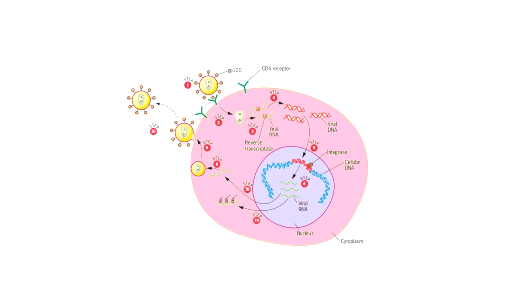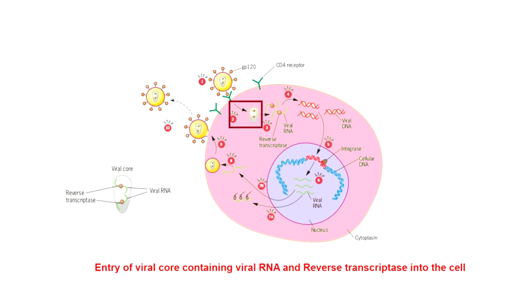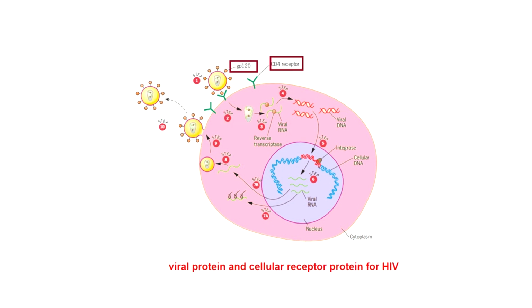Now let's discuss the life cycle of retroviruses in detail. So the retroviruses enter a host cell by interacting with specific receptor proteins. Now these receptor proteins are located on the cell's surface. And this interaction is mediated by a glycoprotein which is present on the membrane of the retroviral particle. It is more like embedded in the membrane. Now once this interaction occurs, the viral and the cellular membrane fuse together and the viral particle enters inside the cell cytoplasm. An example of this interaction is between CD4 receptors and the glycoprotein GP120 of HIV.